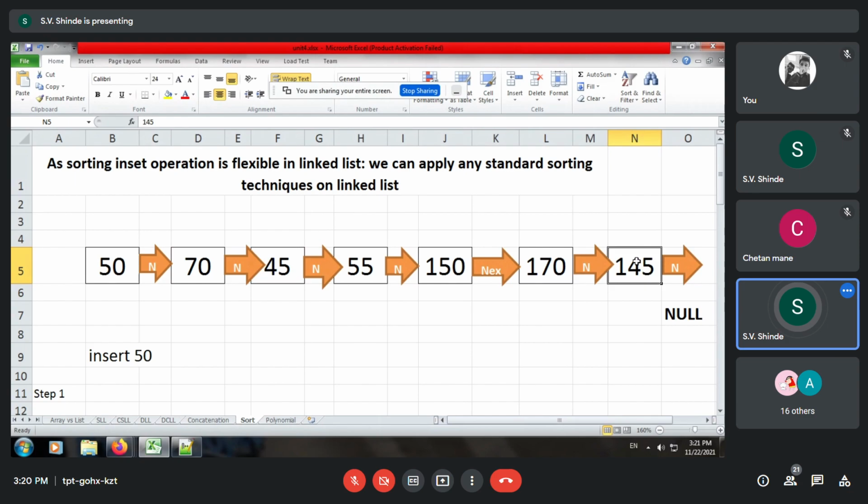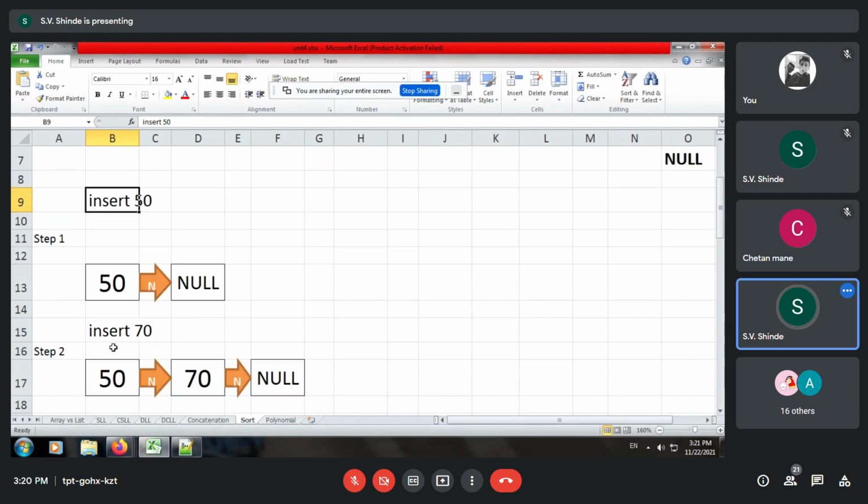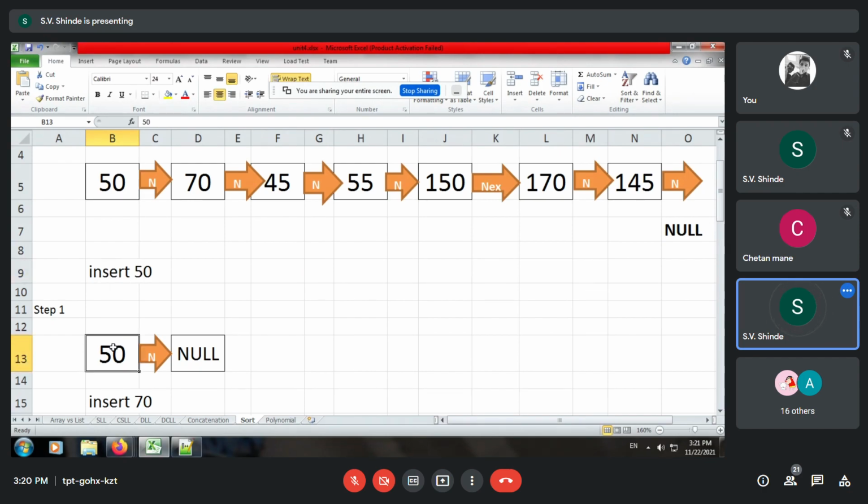we create a new list with a new head. So let the first element 50 be the head of the new list. We use the command insert 50 and we create the first node, that is 50 followed by a null value.